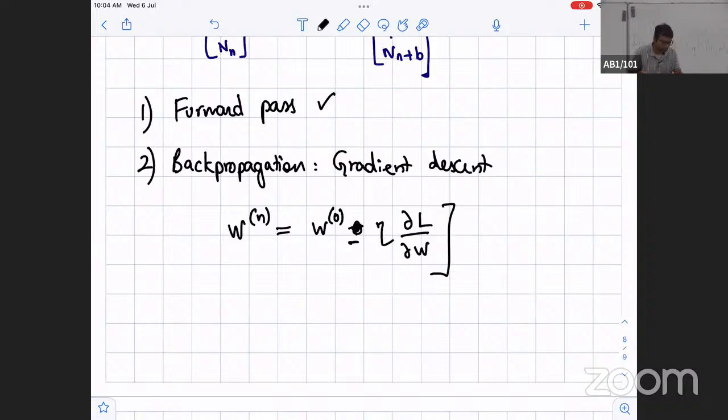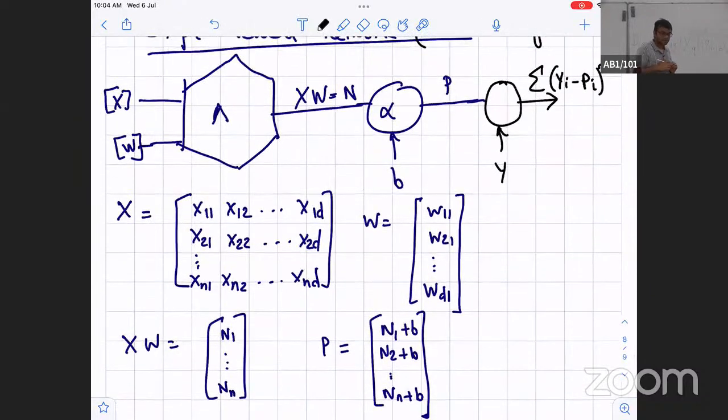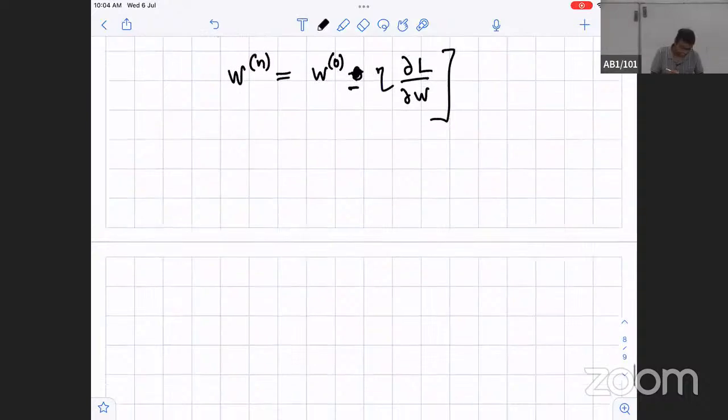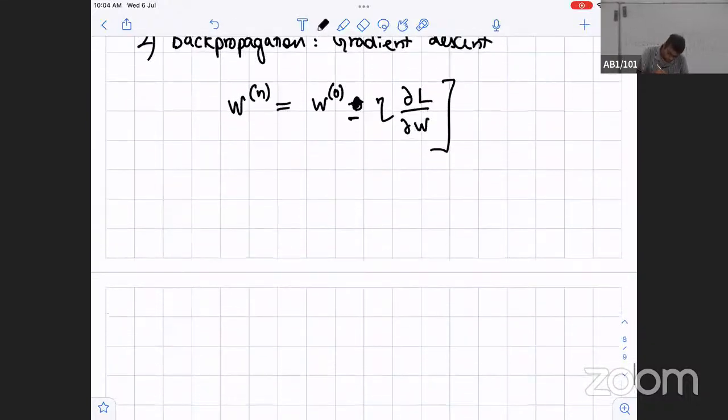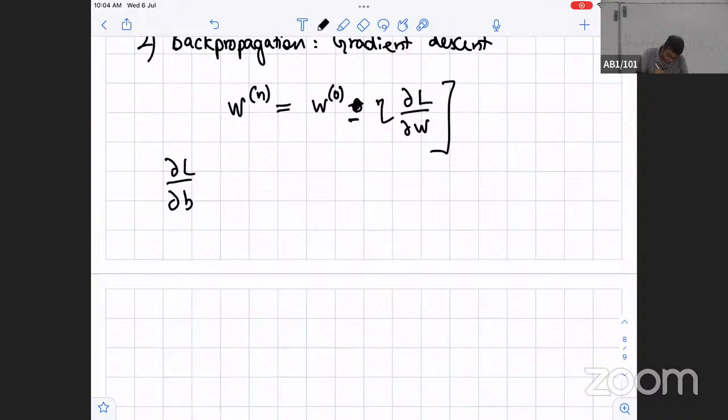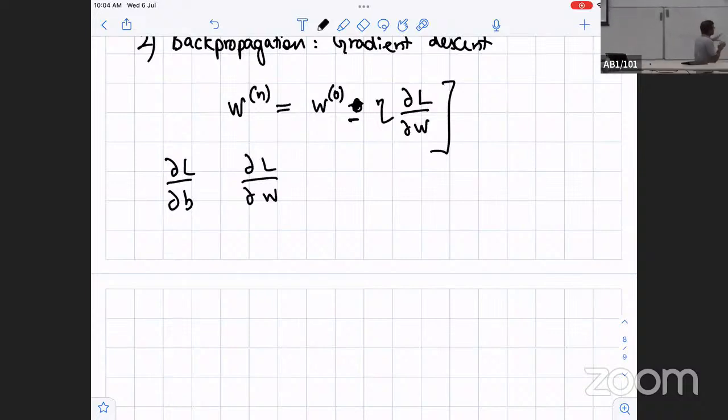Now here, if I have to do gradient descent, what do I need to do? Which are all the parameters that I am learning? Am I learning y? That's given to us, right? Am I learning x? Okay, we will come back to x. What about W and B? Those are the parameters. So I need to tell you a way to compute dL by dB and dL by dW. These two things have to be clear for you,